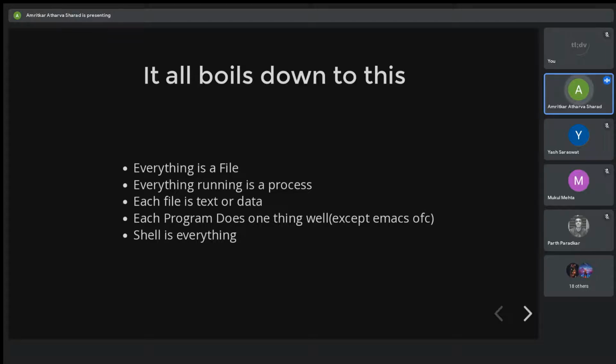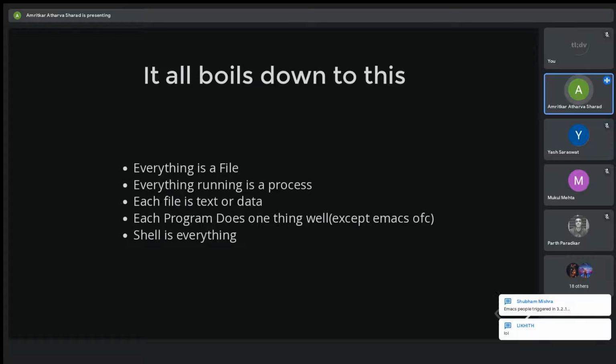And yeah, talking about Emacs, the Unix philosophy states doing one thing well, and we also have programs that can do everything but cannot do anything well. Emacs is an entire operating system, but it doesn't do anything well. So anyways, we can also use those programs and make memes of them. And shell is everything. In Linux, the piping system works so amazingly that we don't need a GUI. We can do anything in the terminal.